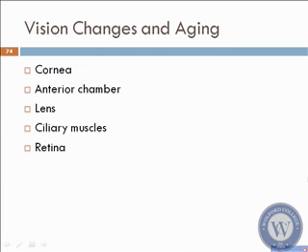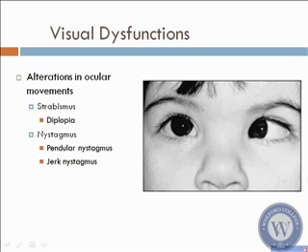Okay. Vision changes with aging as well. The cornea will become thickened. The anterior chamber, the lens, ciliary muscles, and the retina all change with age. You also get visual dysfunctions. It can be from lack of ocular movement. Okay, in a child that gets strabismus, you get this lack of muscle control, and the